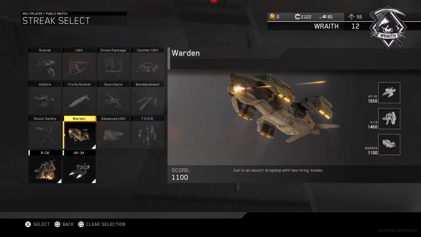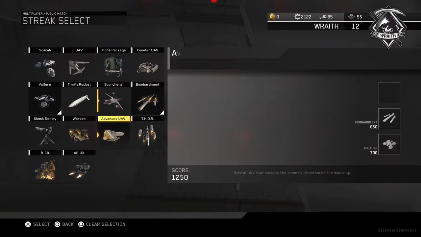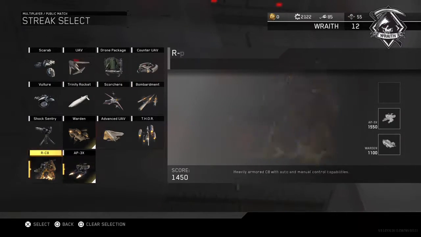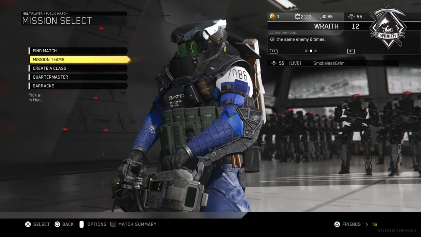These are my high streaks that I use, but this is what I use when I'm rushing: Bombardment and Warden. Those three, or I do these three. I can't wait to get class set up 8. What else? Oh,